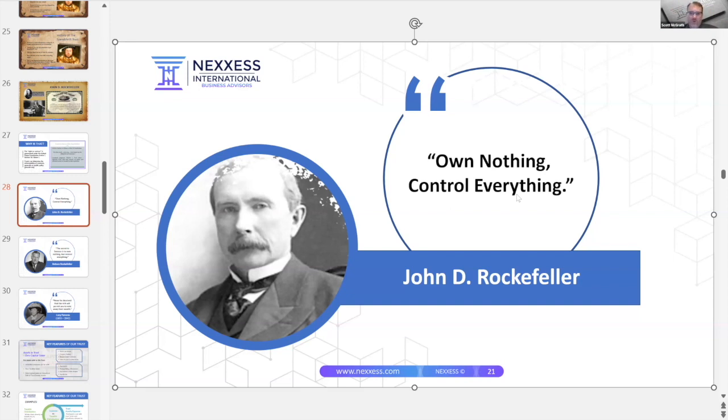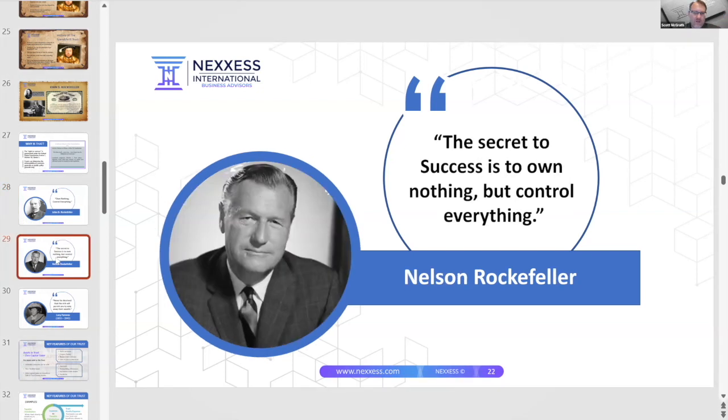How many times have you heard horror stories where the family never got the assets because some person that they made a trustee didn't give them the assets? Happens all day long, every day, and it's seeming to get worse. Okay, so when John Rockefeller died, his grandson, guess what? His grandson was a beneficiary. What happened? His grandson Nelson took over. Now his grandson was a successor trustee. So even his grandson said the secret is owning nothing but controlling everything.